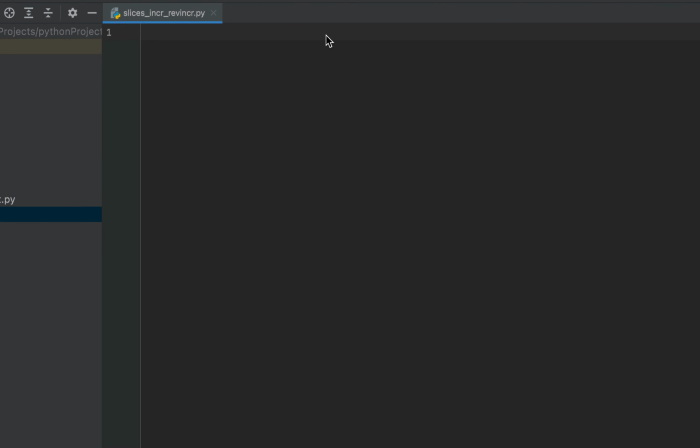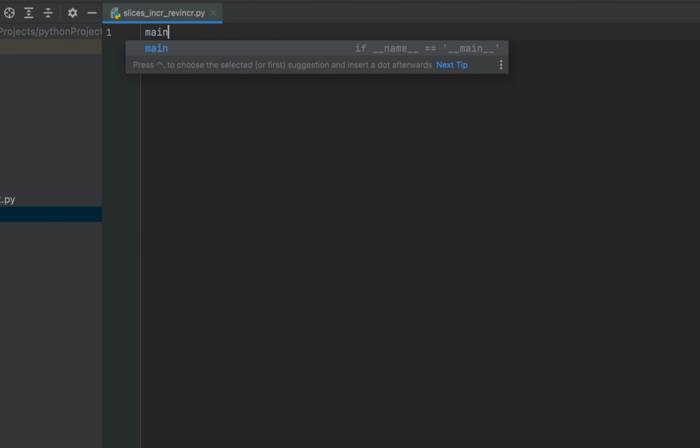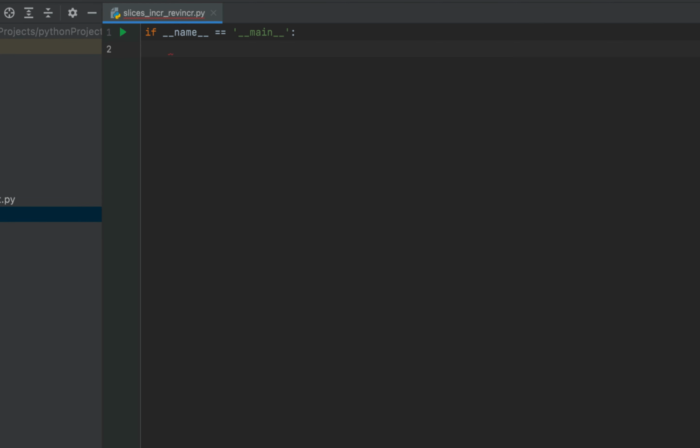So this is my PyCharm IDE in which I have created this file in which I'll begin writing the program. First thing that you will do is to create the main function, for which you will type the main keyword and PyCharm will do the work for you. Now you will first write the code to accept the input from the console, for which you will use the input function. So it will be str equal to input, and you will enter the message, which will be enter the string space. The string entered by the user will be assigned to this variable str.